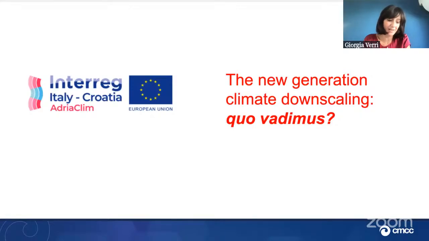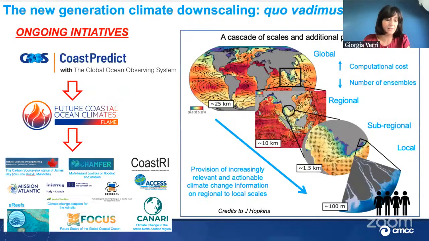So as Jason already told us, the new generation climate downscaling is progressing rapidly, and there are several both statistical and dynamical approaches that have been used and are going to be further developed in the future, as well as there is an increasing number of multiphysics, multiscale processes that are going to be solved by the new generation climate downscaling. There are still some challenges regarding computational cost, data storage cost, regarding the number of processes that are still neglected or highly parameterized. And FLAME is among the initiatives that are underway to